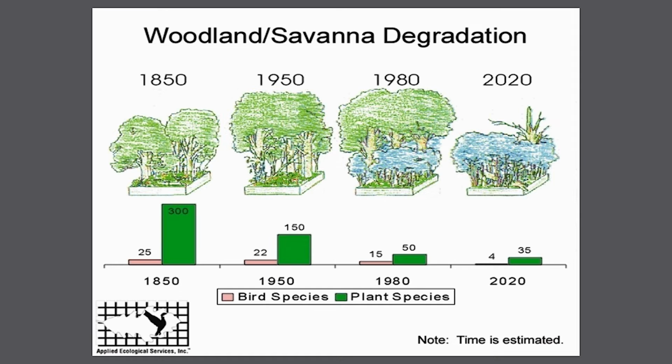Then buckthorn came in and just globbed onto the understory, and they were so aggressive, a lot of the native species started to disappear. And if you look at the native plants, 300, and then dropping down and dropping down and dropping down, this is truly what has happened. If we go out onto an outlot in Minnetonka, well, those areas I told you about that aren't managed at all, literally, you cannot find 35 different species. You cannot find. It's really sad, and almost all of them are invasive.